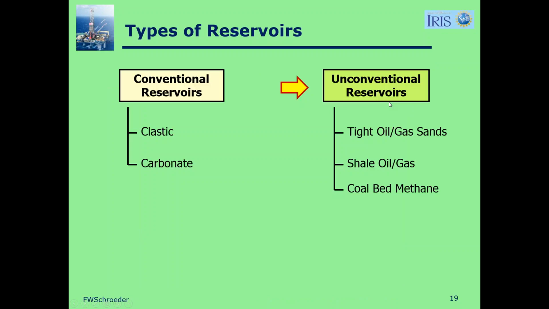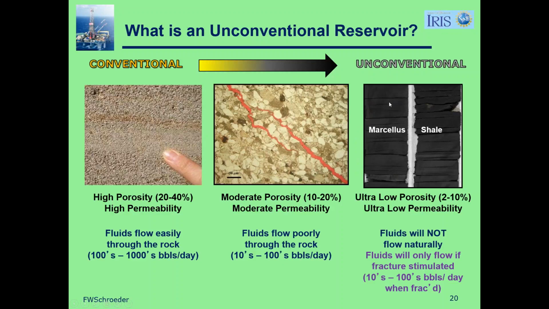They do not have high porosity and high permeability, but they can still hold a good amount of oil and or gas. The difficulty is trying to get that oil and gas out of the rocks and up to the surface where we can utilize them and sell them. So here's an example of a conventional reservoir that might have a porosity of 20 to 40%, high permeability. We can drill into these and we can produce hundreds to thousands of barrels per day through standard drilling operations